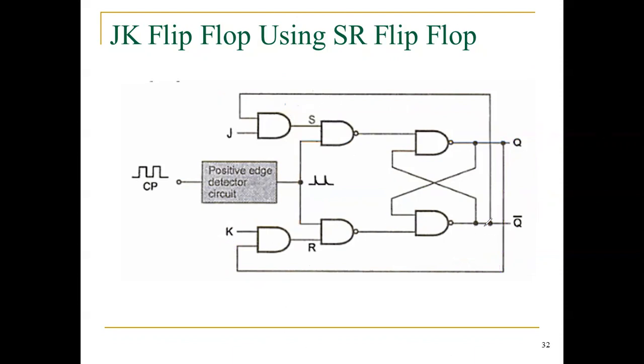Only the change is here. That means we are making the cross connections of your output. So now we derived the JK flip-flop from the SR flip-flop. The examination question may be like this: explain the operation of a JK flip-flop using SR flip-flop. You have to write like this. Or the question is directly, explain the operation of JK flip-flop. It is also the same thing, no difference.